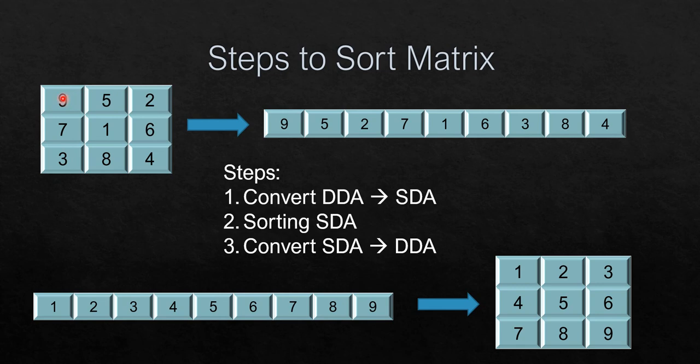The first element will be stored in the first box, the second element in the second box, and then the third box. After filling the first 3 numbers, it goes on to fill the second row, 7, 1 and 6, which will be stored in the second row, and then finally the next 3 numbers. So it will store the elements in row wise order in the matrix.